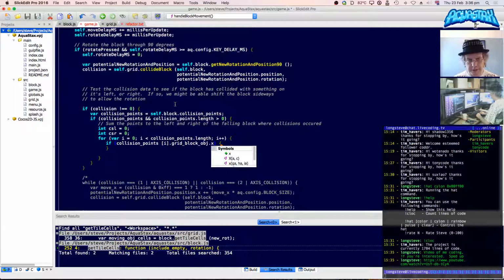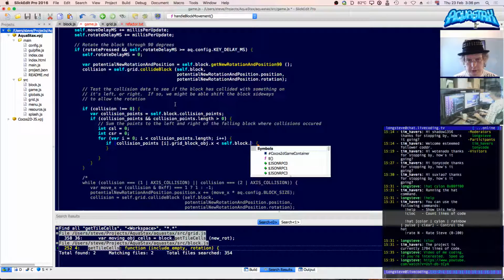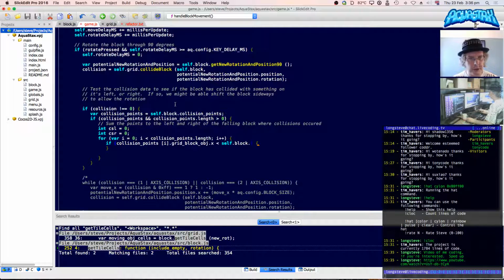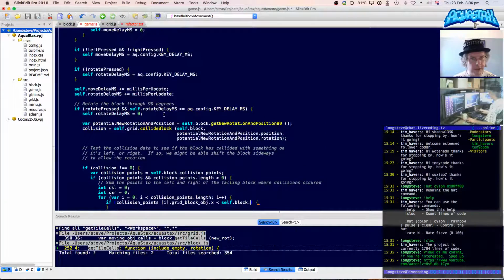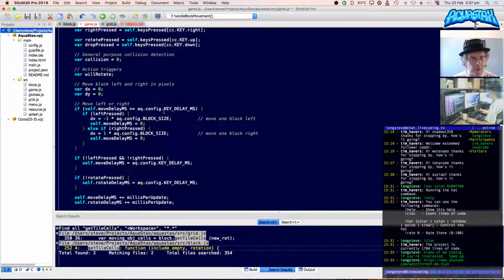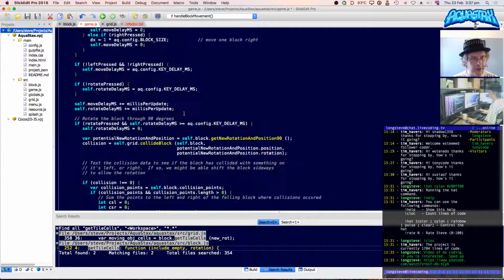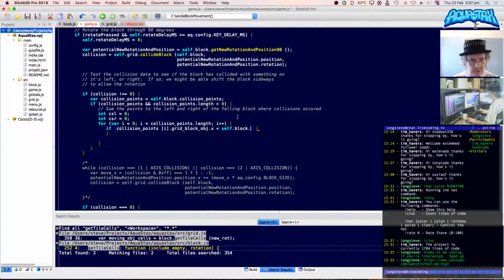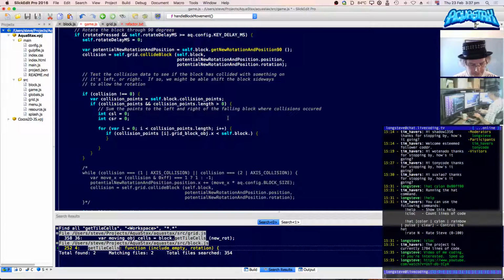If I want that to be, if it's less, to start with, we can just do self.block dot, let's do block position. Potential new rotation of position, is it that? No, actually it's the current position I want, isn't it? Do we have that in a variable somewhere? No, I'll store it here. Too much C++ yesterday.